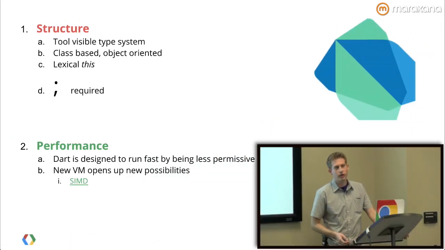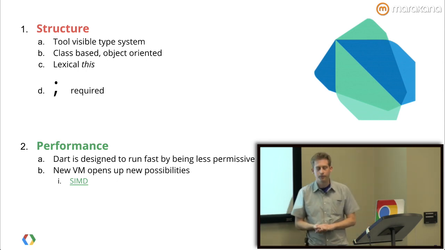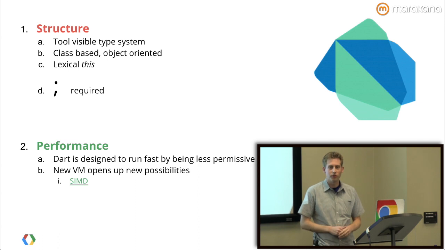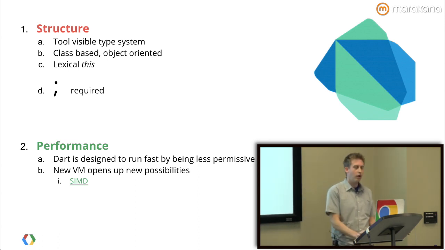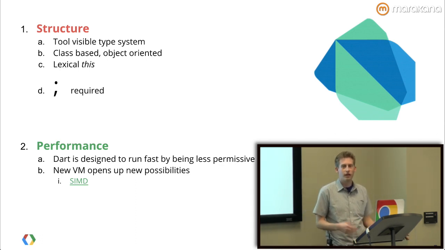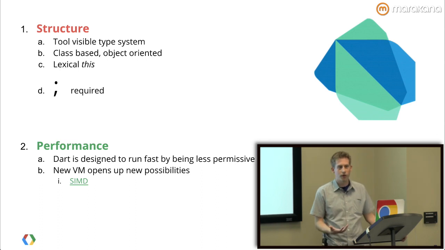So what is it about Dart that I really liked? Well, first of all, the structure. I love that it has a type system, even if it's only tool visible. My preference would be for a type system that's available in the language, but I'll take a tool-based type system over no type system. Having the tool say, hey, you just called a method that doesn't exist, or you just assigned to some variable that doesn't exist, or you did something silly, and warns me right there before I run the code, I need that.